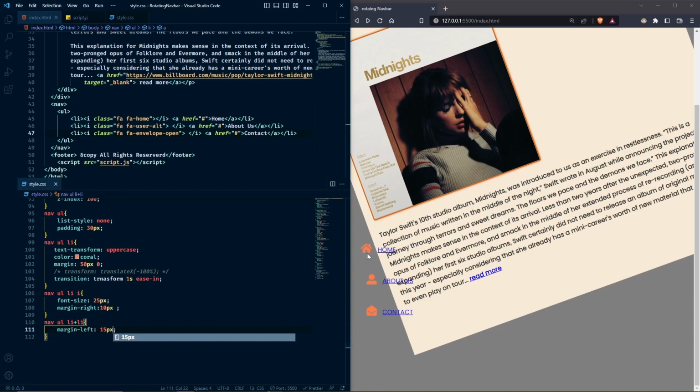So it's going to be diagonally positioned. So we have given the first one about 0, and